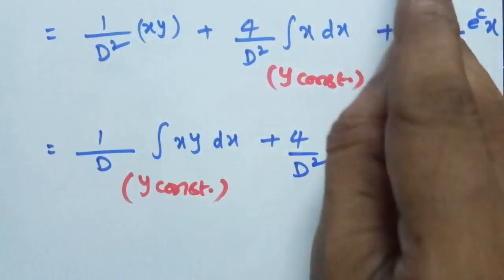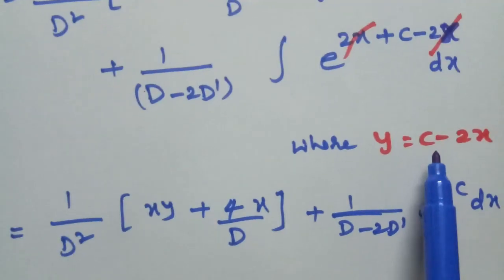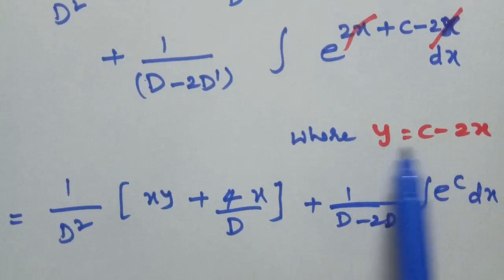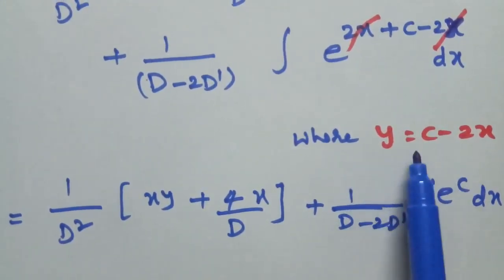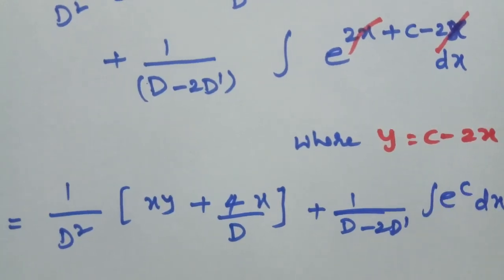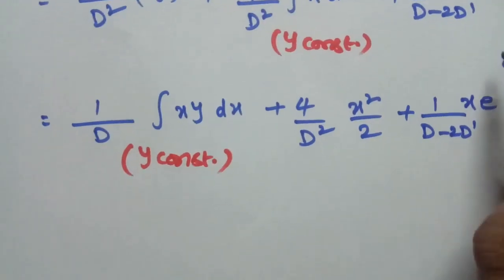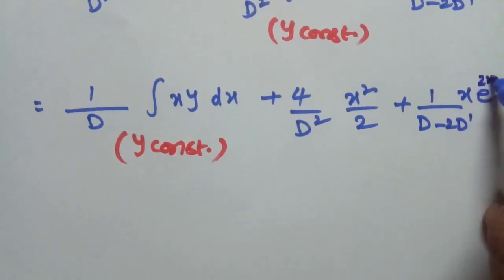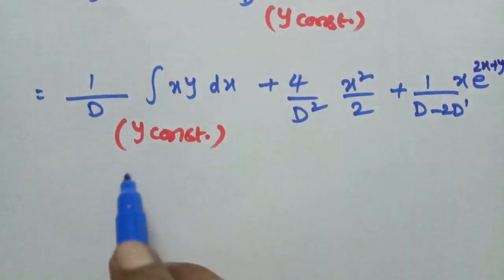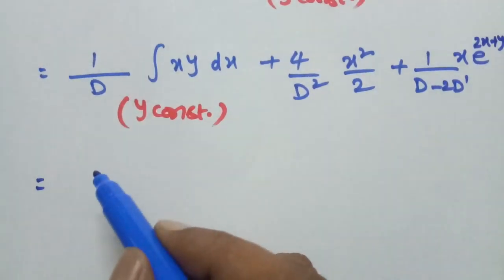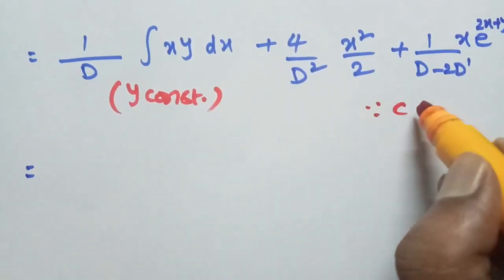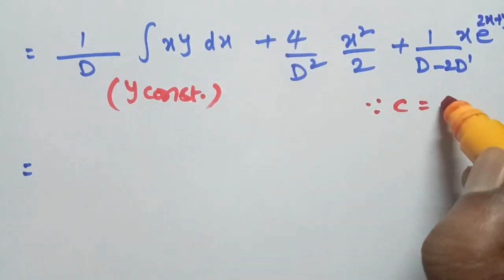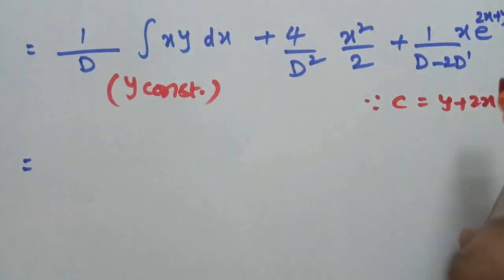Here c is equal to y plus 2x. Since y is equal to c minus 2x, c is equal to y plus 2x. We are replacing the value of c. Therefore, since c is equal to y plus 2x,